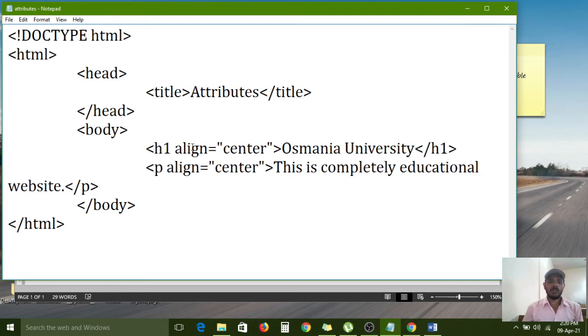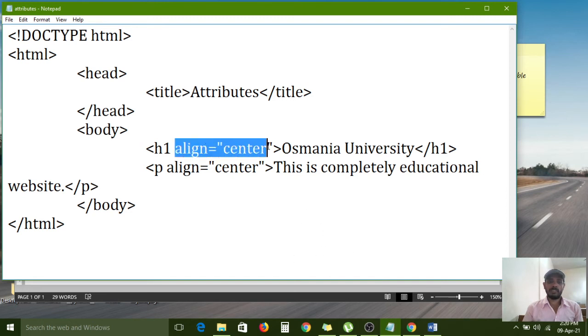The attribute is configured in the opening tag. Just give one space, after that a name and value pair. Then this attribute information belongs only to this element.